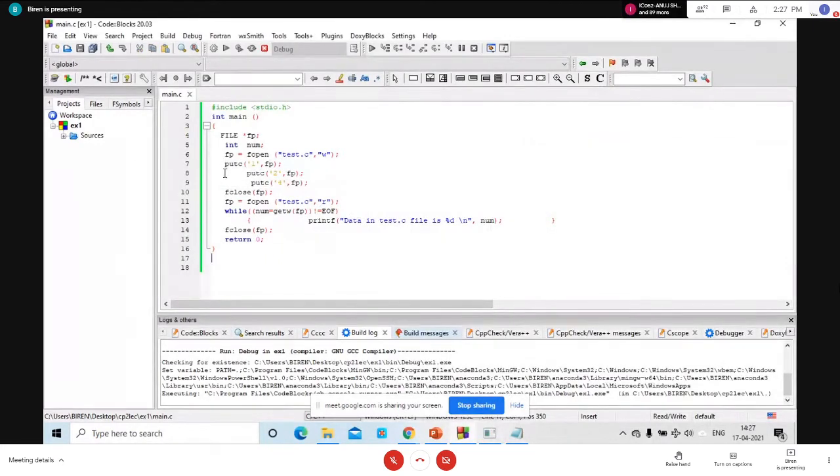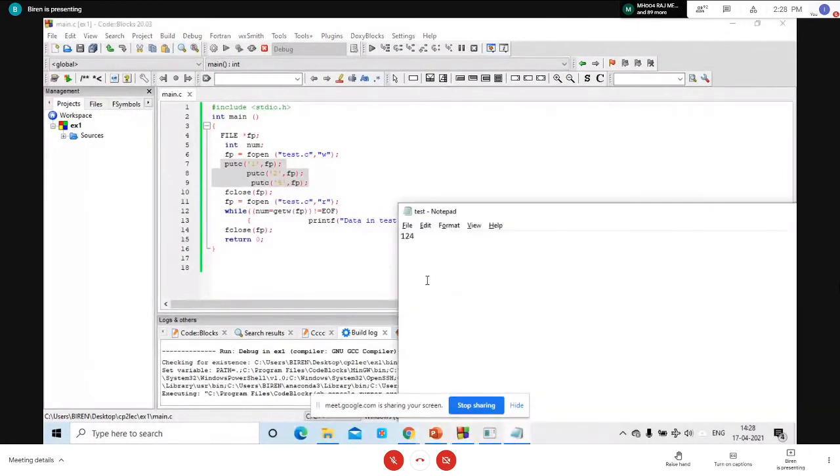Here, what is your putc function? To put a character. Yes, to put one character inside a file. You can see this data is written inside a file. Now, character means what?